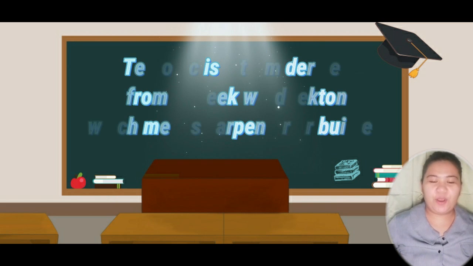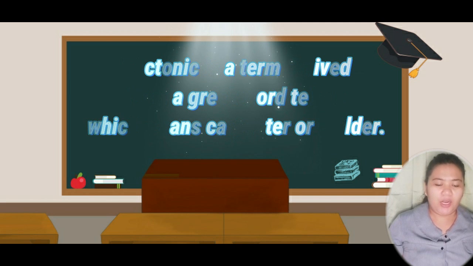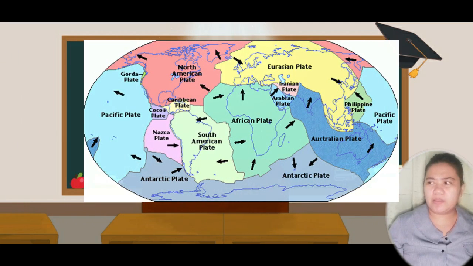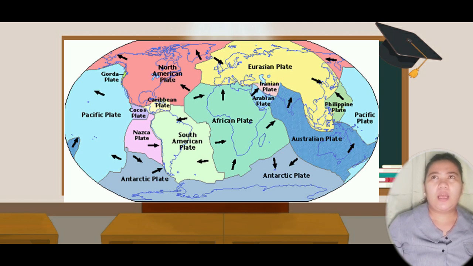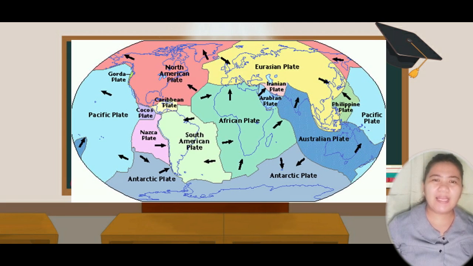Tectonic is a term derived from a Greek word, tecton, which means carpenter or builder. Tectonic plates has been used by scientists to describe the movement of the lithosphere. However, this term is now widely used for describing the physical plates rather than their movement. Nowadays, the lithosphere is described as the solid part of the Earth which is fragmented into huge parts, sometimes smaller parts, leading to the formation of huge continents and some islands and